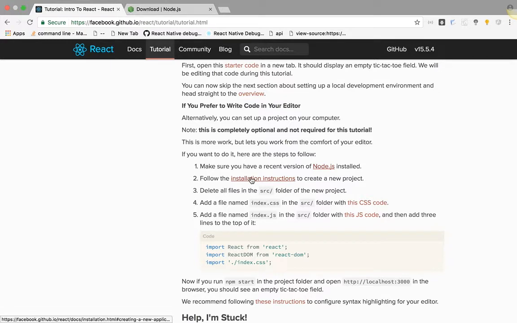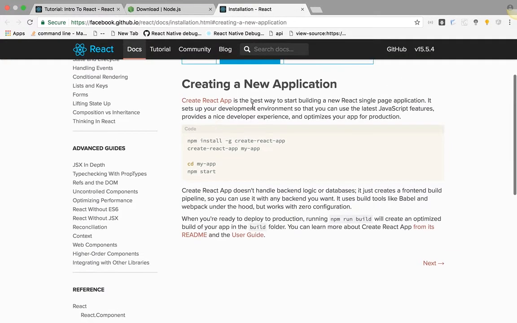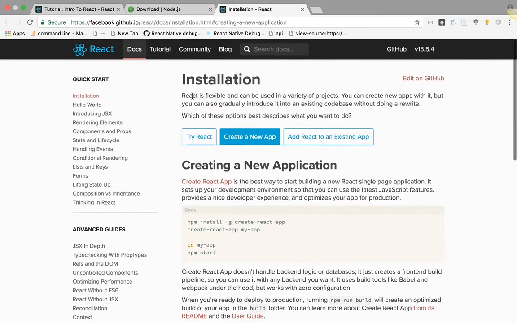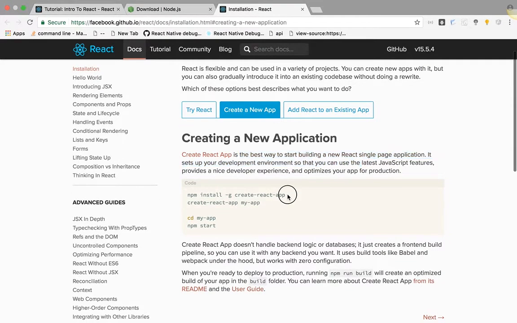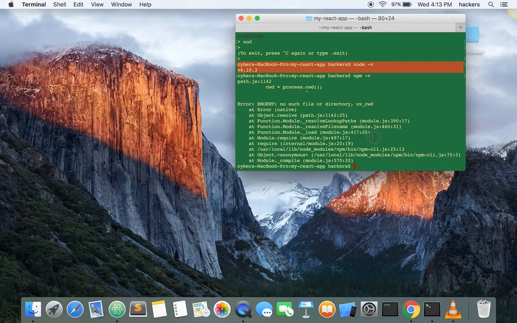And once you have node installed, what's next? Follow the installation instructions. Let's see what's in the installation instructions. Facebook has React as flexible and can be used in a variety of projects. You can use it with a lot of things. Create React App is the best way to start building React single page applications. So to use the create-react-app command line tool, you have to go to the command line and type sudo